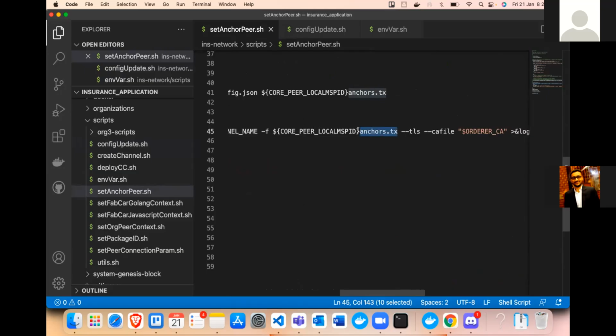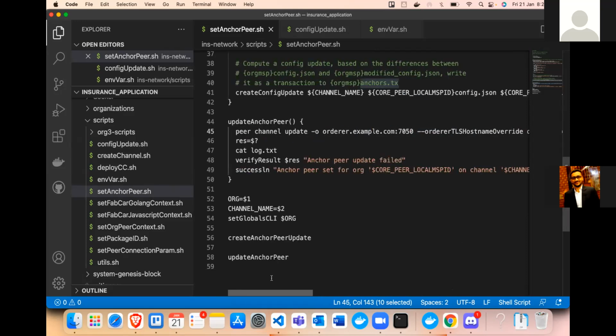So the anchor.tx is a transaction. In this transaction, we have the complete information about what we want to change in the configuration files. So here, finally we are going to update with the help of the orderer. Once we update it, then